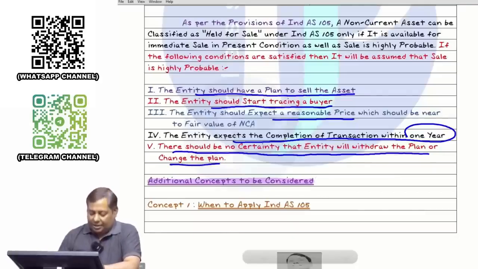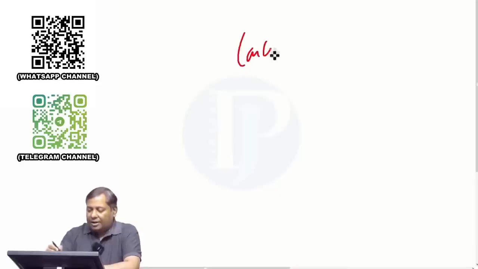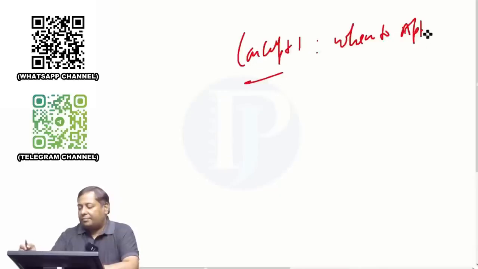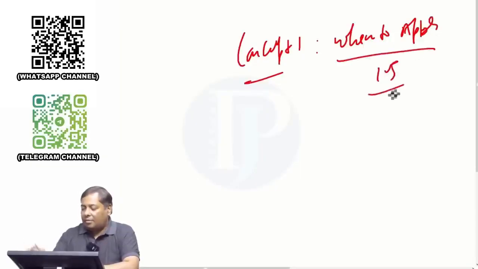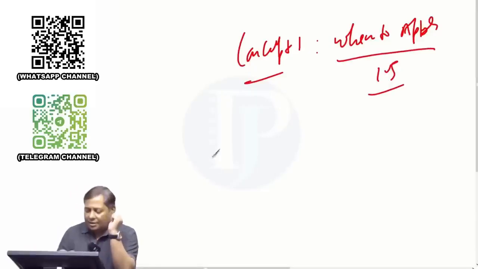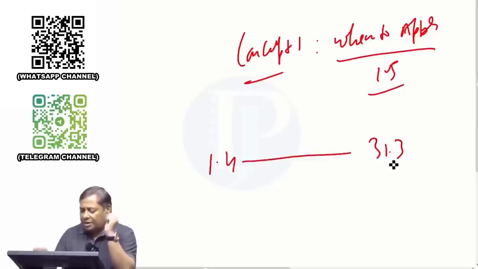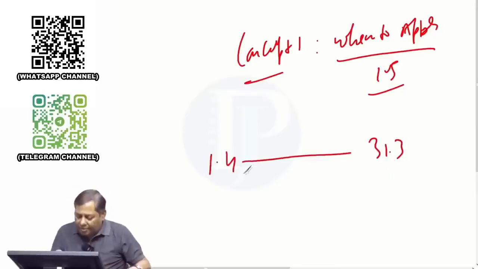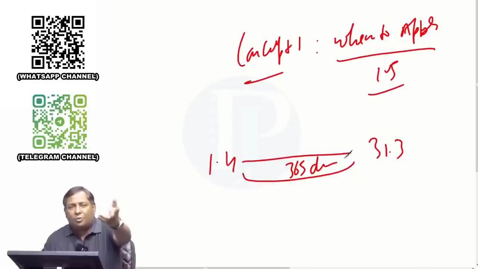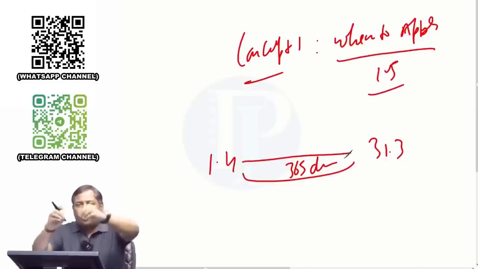What was the first concept? What was concept number 1? When to apply? When to put 105? So, I explained in the class that from the 1st of April to the 31st of March you have a financial year, so you have 365 days. So, on any day 105 application can be possible. Just complete the 2 conditions, and the day your 2 conditions are met,